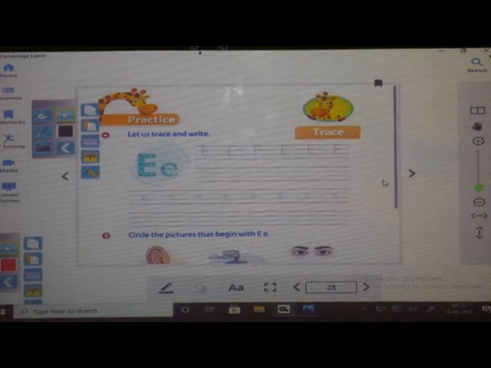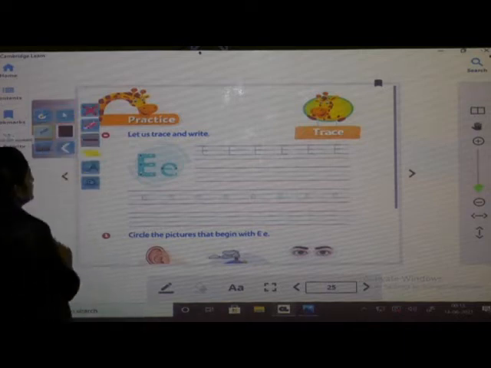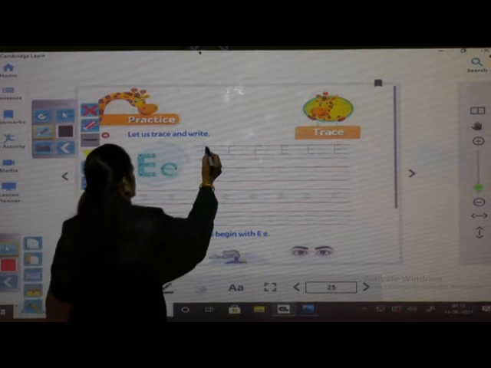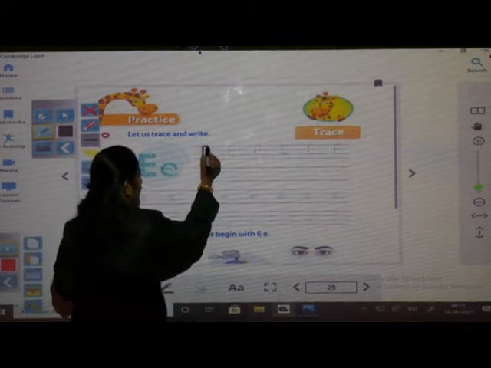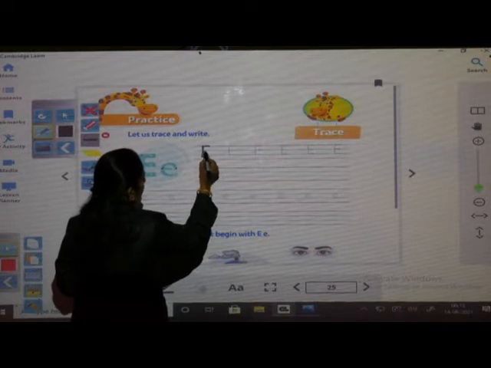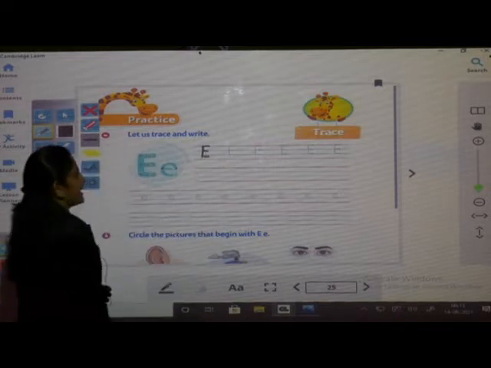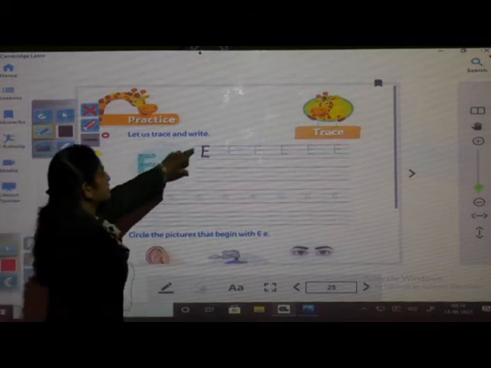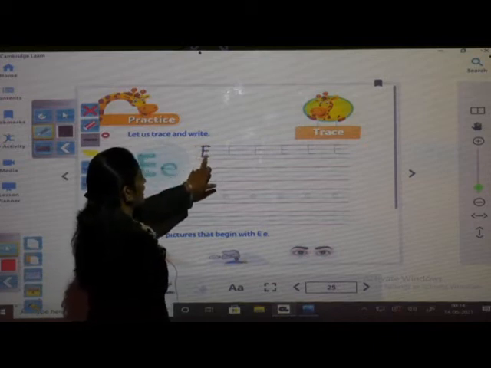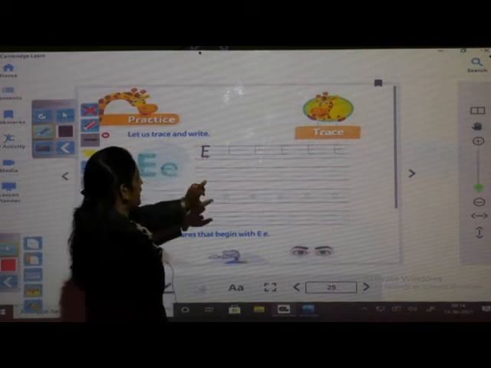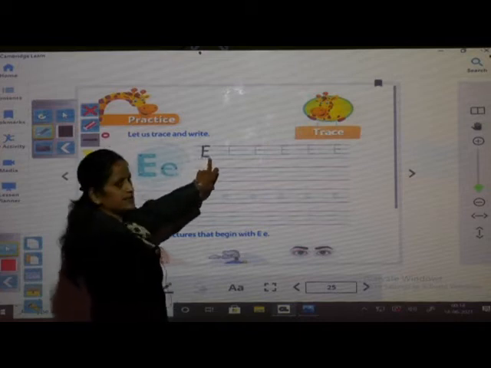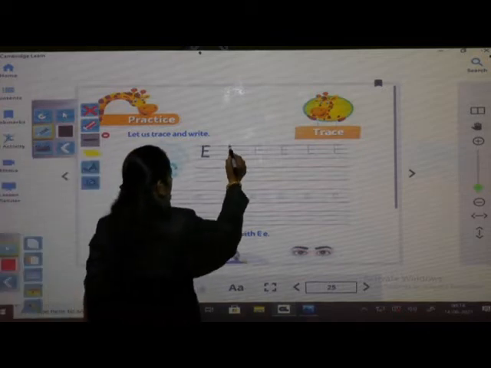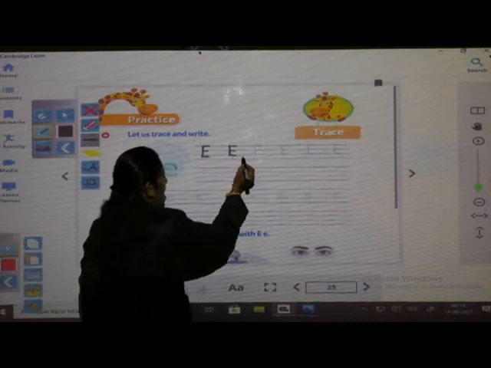Now turn the page. I will show you how to write letter capital E. Okay? Take your pencils. First you have to draw one standing line from red to blue line. And then 3 sleeping lines. Small sleeping lines you have to draw from this red line to red line, one small line, again blue line to blue line, one sleeping small line, and from blue line to blue line, small sleeping line. In this way you have to write letter capital E. Now repeat after teacher and write capital letter E.